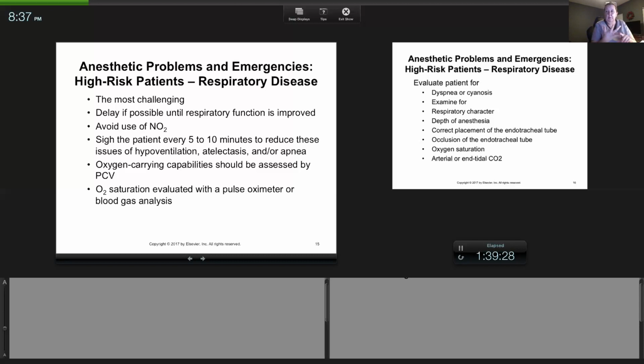SaO2 comes from an arterial sample. So if you're working in an advanced practice or a surgical referral, usually those places will have the ability to check that via blood gas. But you want to try to do that. And then during the procedure,